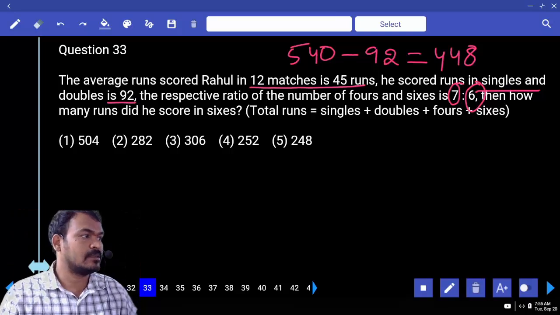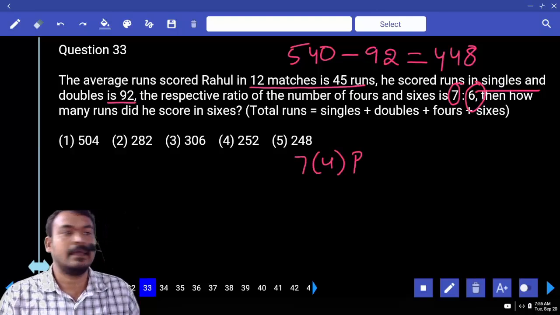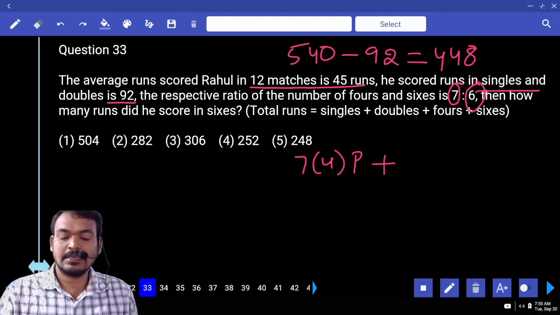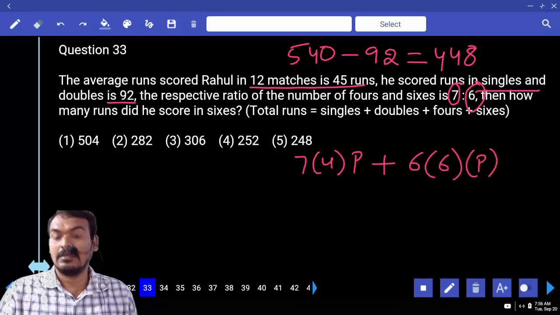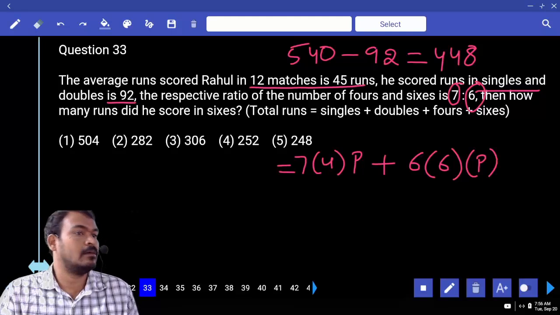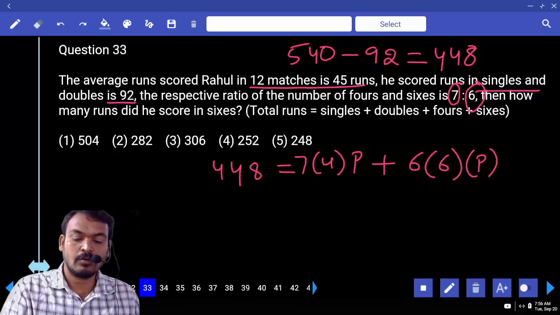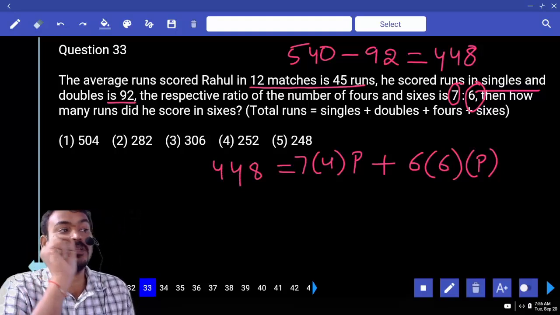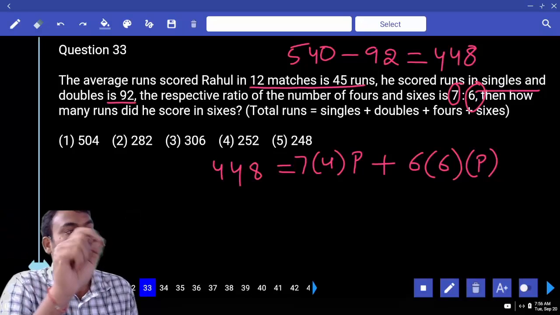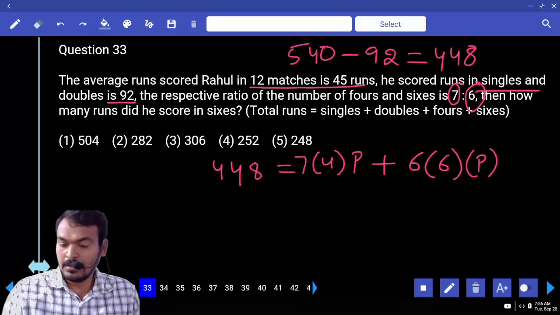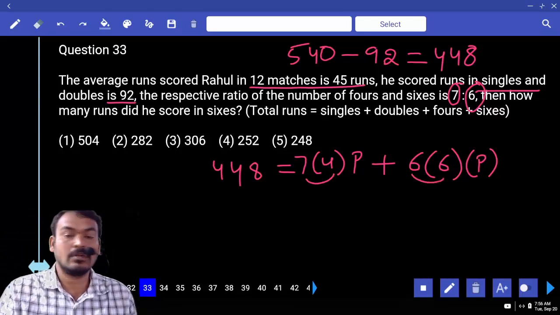Total how many parts? 7 parts. 7 into 4 into parts. Next, 6s: 6 into 6 into parts. These two added give the total runs from 4s and 6s. That is equal to how many runs? 448. 7 fours means 7 parts into 4. Okay. 7 fours is how much? 28. 6 sixes is 36. Total it is